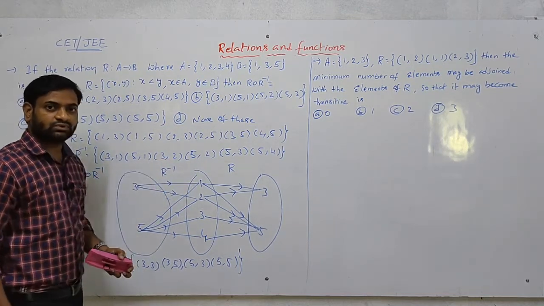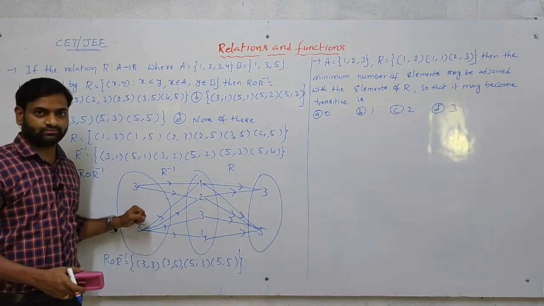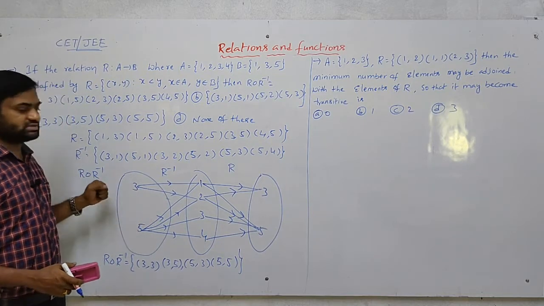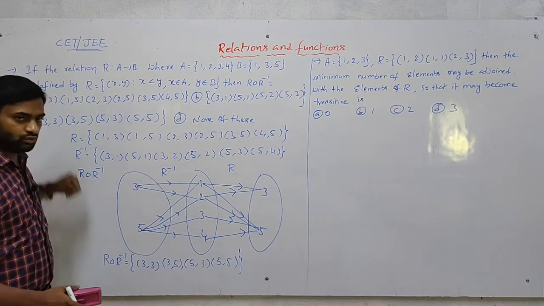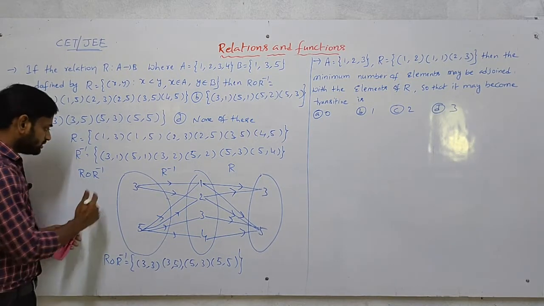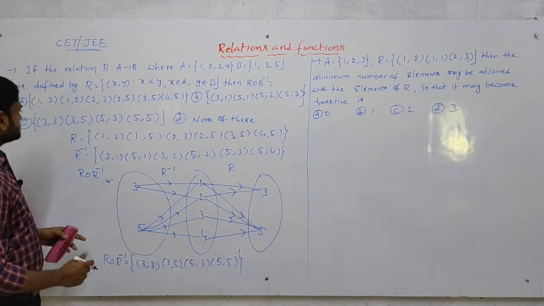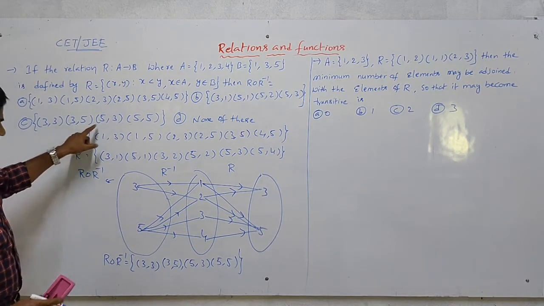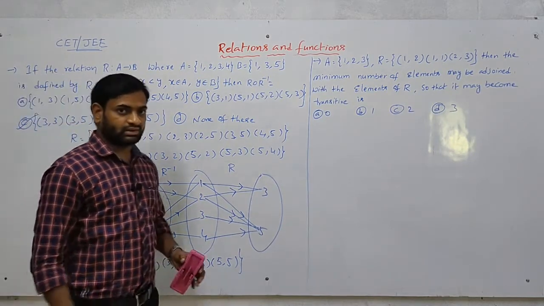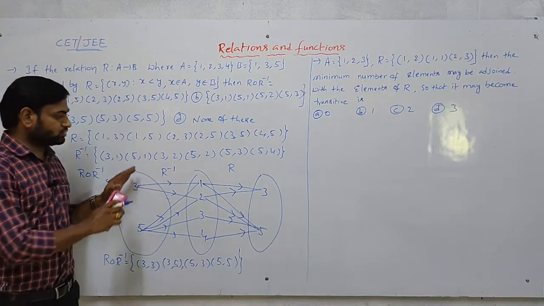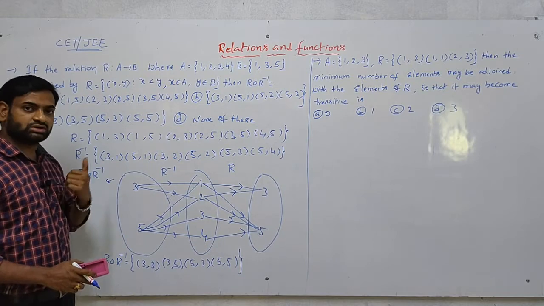Like that, you can check it without the diagram. For understanding purposes I gave the diagram, but in the computer exam, you have to check like this only. That is the R inverse strategy. So the answer is 3 comma 3, 3 comma 5, 5 comma 3, and 5 comma 5. Option C. In the exam, don't draw the diagram; it is a waste of time. After getting R and R inverse, directly check.